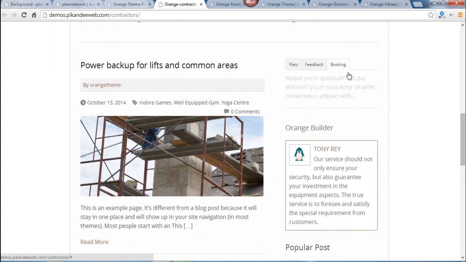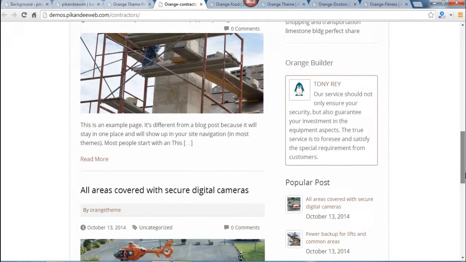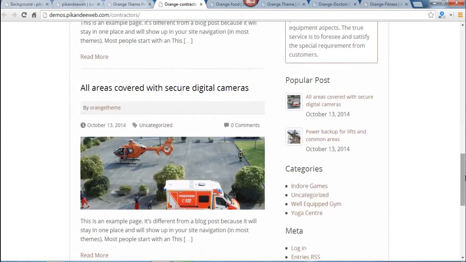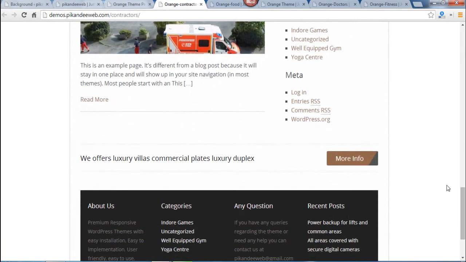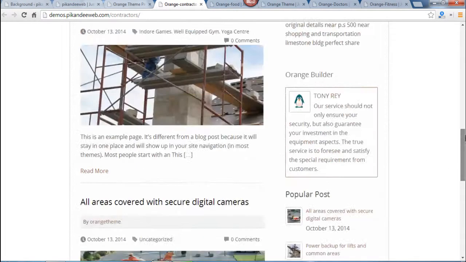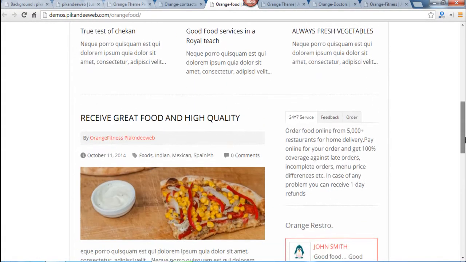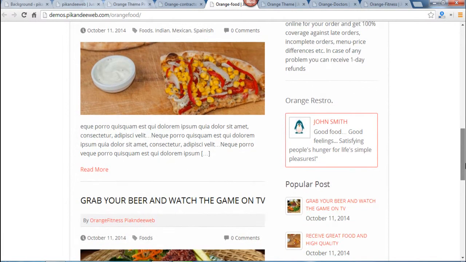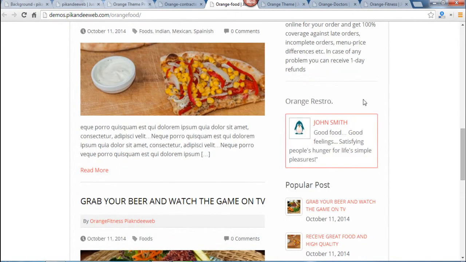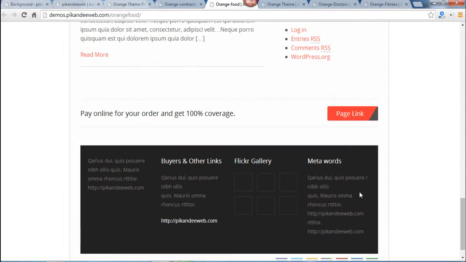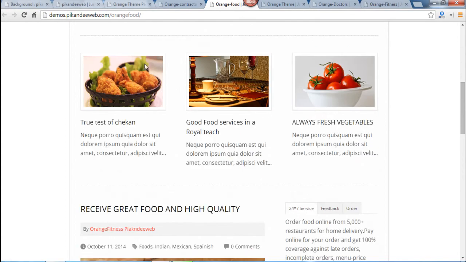You can change the tab heading and description, our testimonial, blog section, popular post, page link. So this is the Orange theme for contractor. So this is the Orange theme for food, restaurant, a blog section here, a testimonial, popular post, page link, tab menu, unlimited.